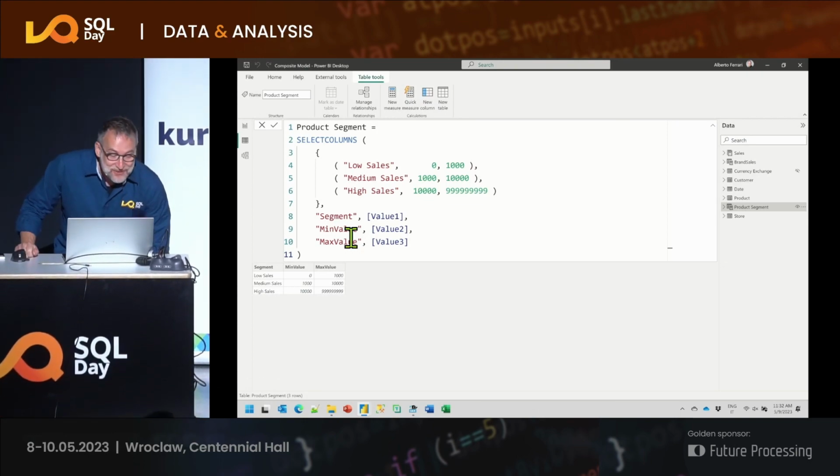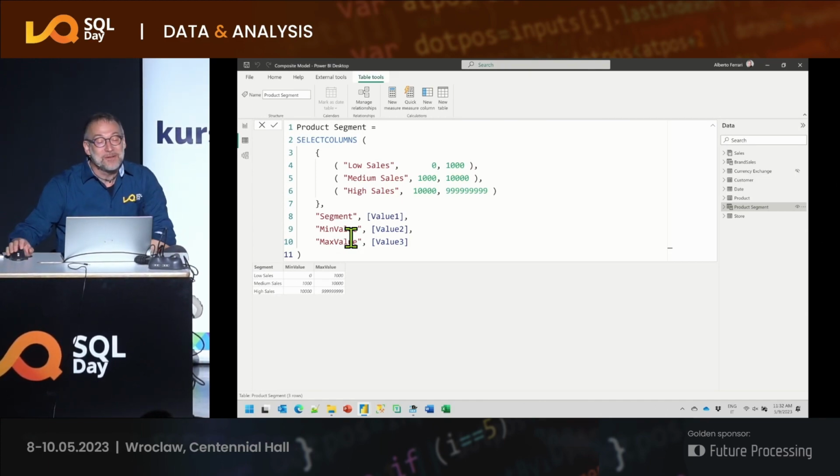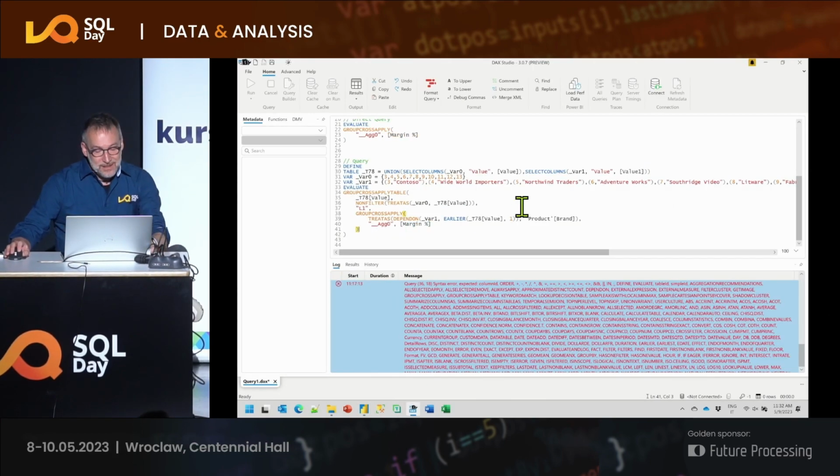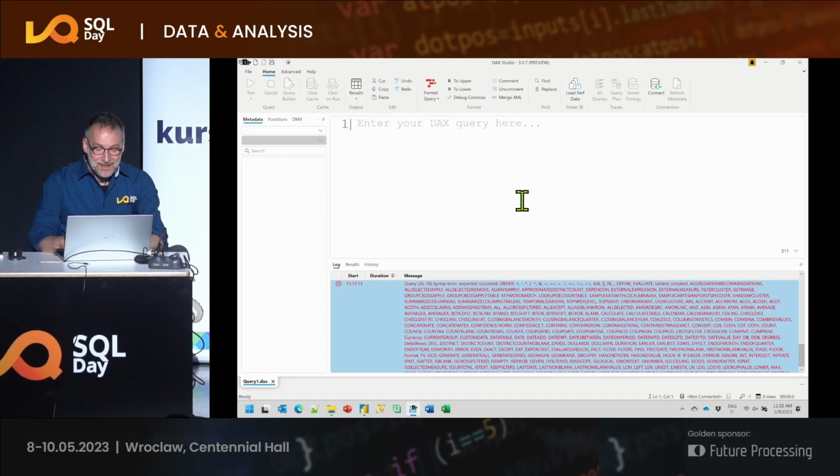What I can do is create a new table that contains all the possible values of the sales amount, and for each value of the sales amount, the category to which it belongs. Let's build it together. Let's get rid of all this stuff. I can evaluate product, for example. Now, evaluate product